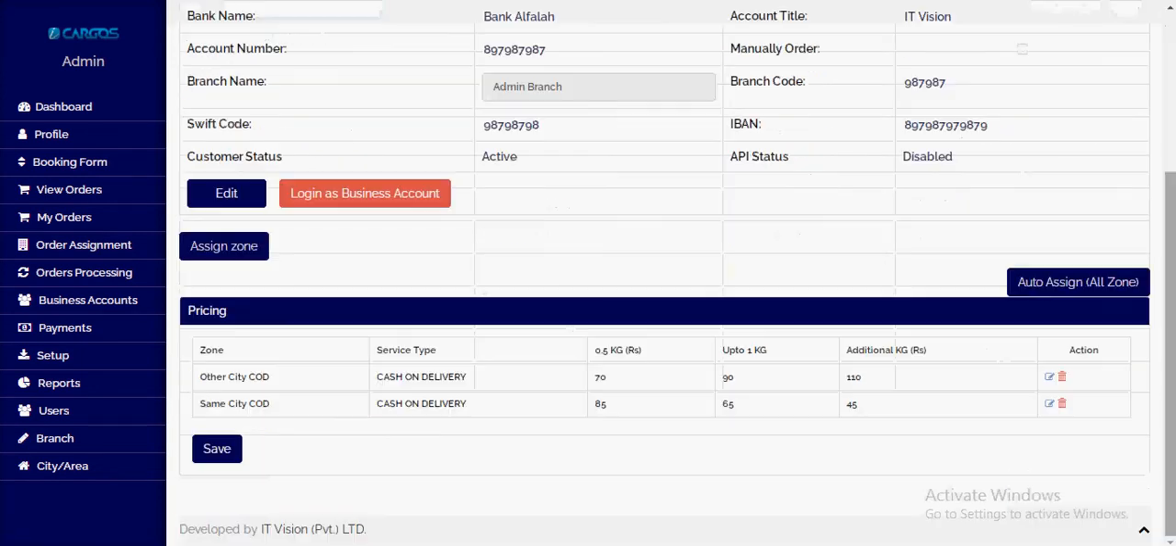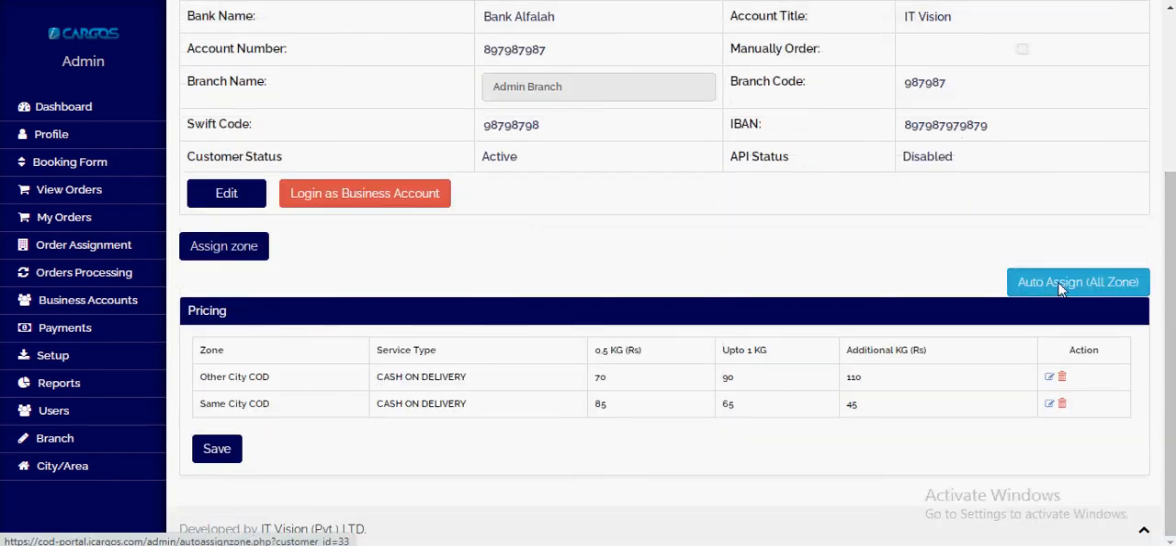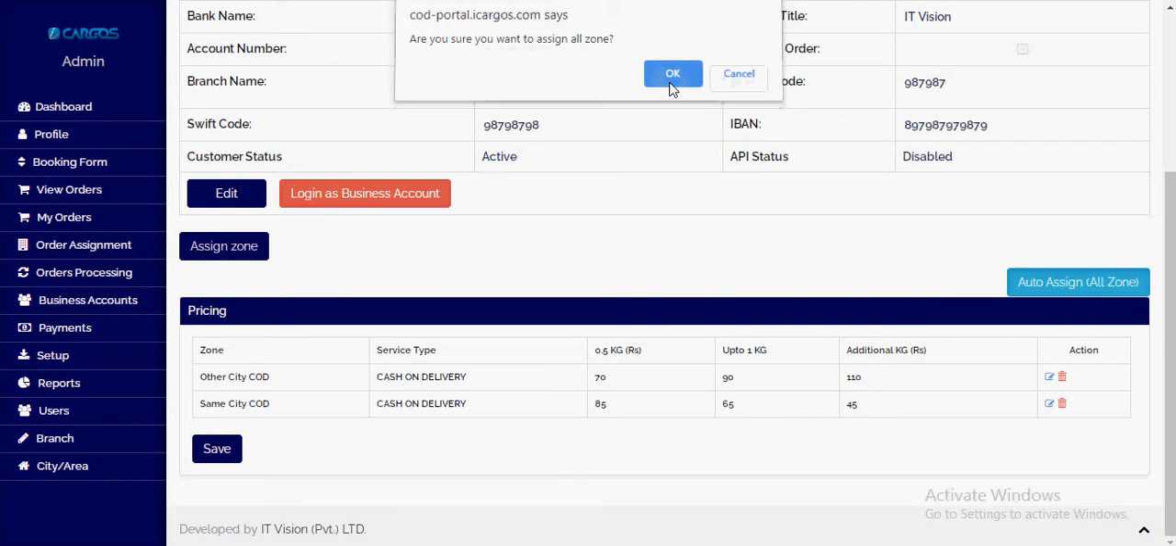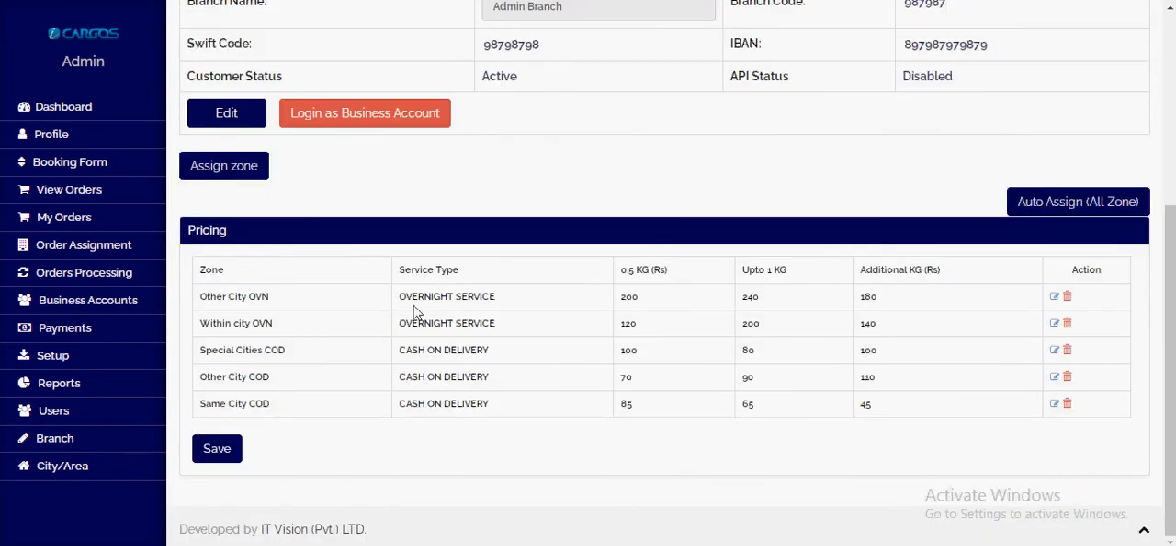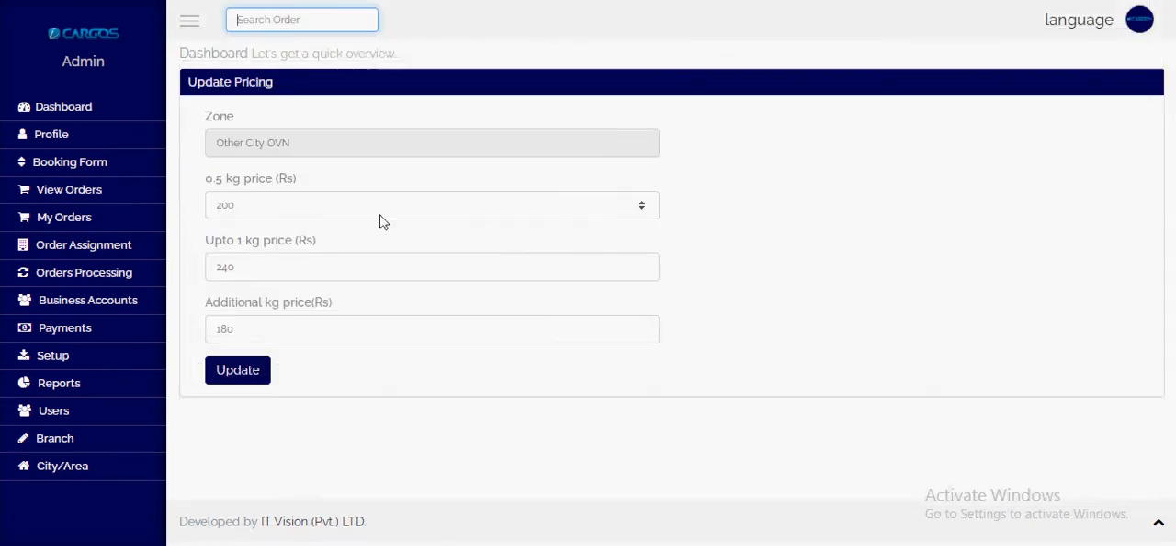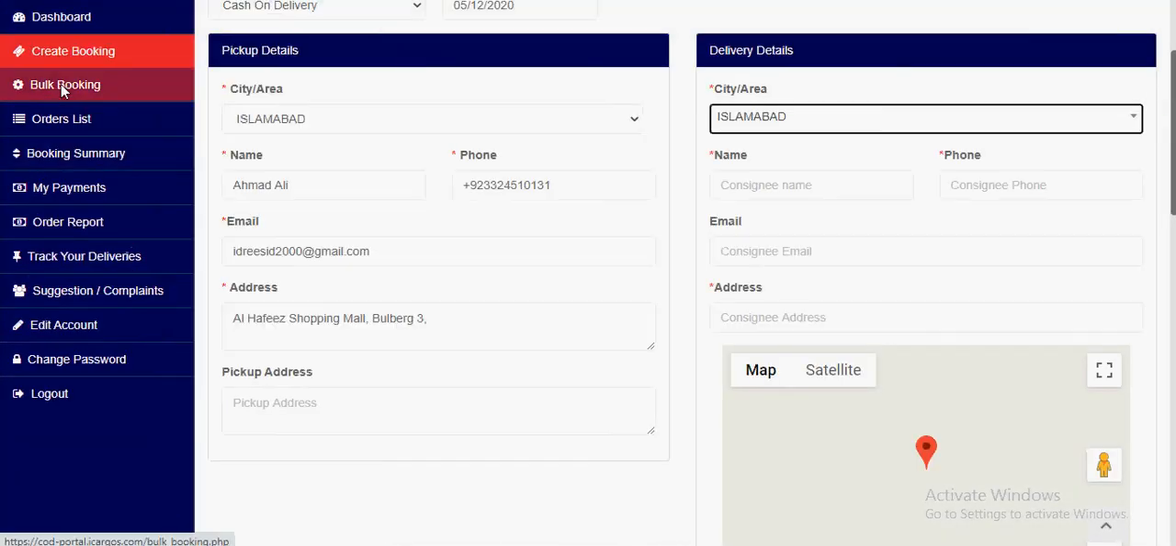Here I have a button to automatically assign all zones. If I click on this one, the system will automatically assign all the zones to this customer, and later, if you want to change the pricing for this customer, you can still change it like this. So update. Now if I come here to the booking form,